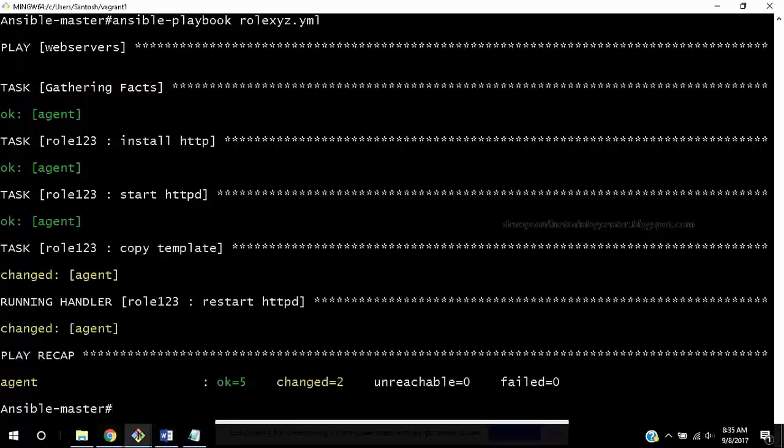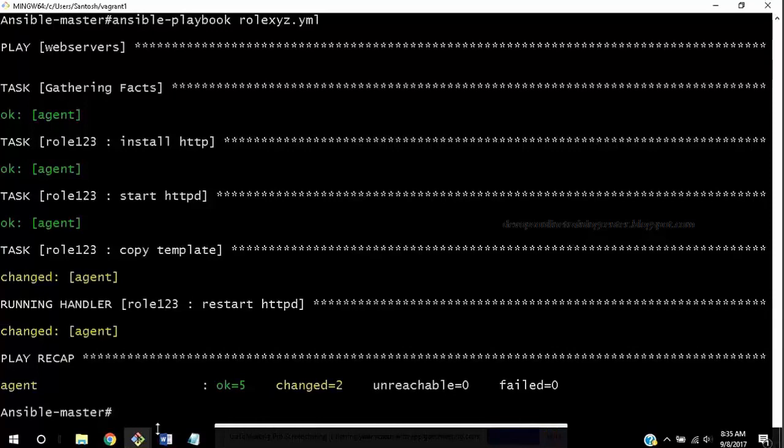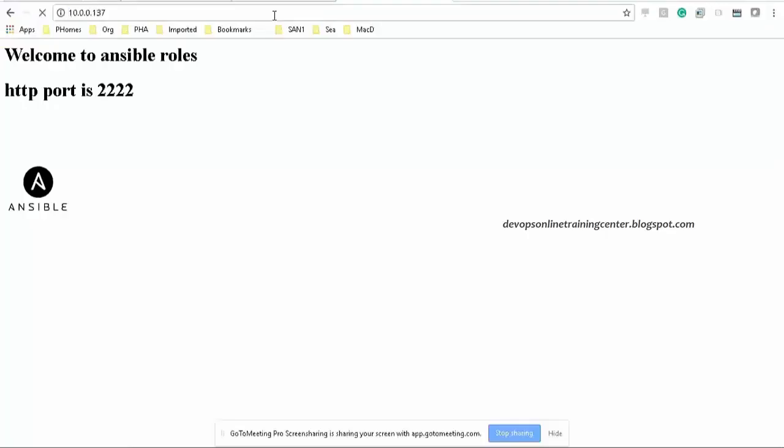Okay, so something is copied. So let us go and refresh whether it will show 111 or 222 or 333. So if you see, it is showing 333.